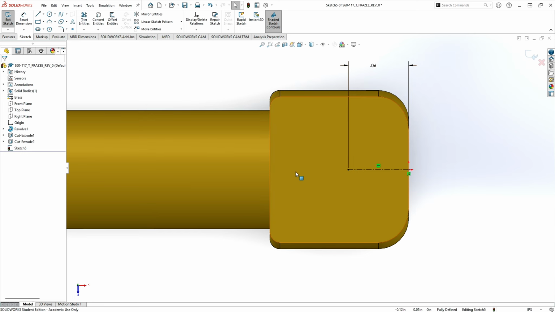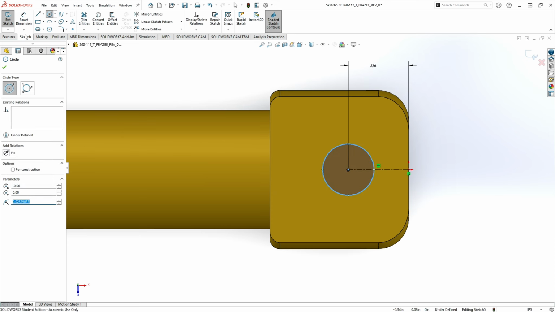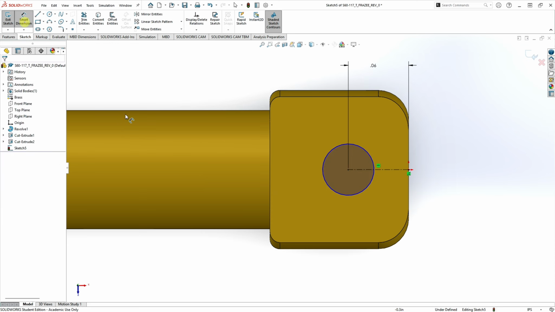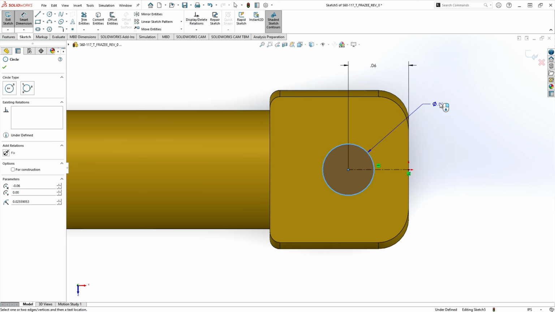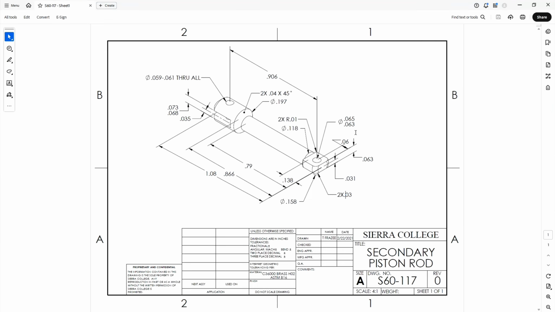Okay, at this point you can either draw a circle and cut it through. It's a simple hole. It doesn't have a lot of features, so you could exit out of this and use the hole wizard. I'm going to just draw a circle and cut it through. We need to dimension that circle, and according to our drawing, it's a